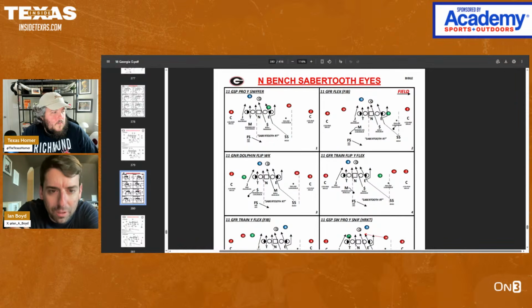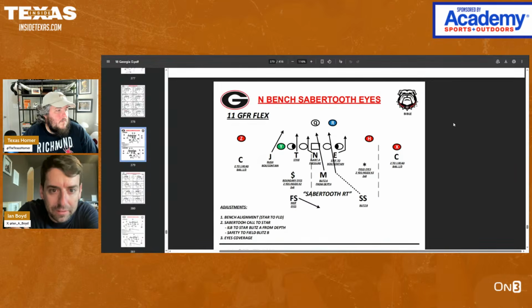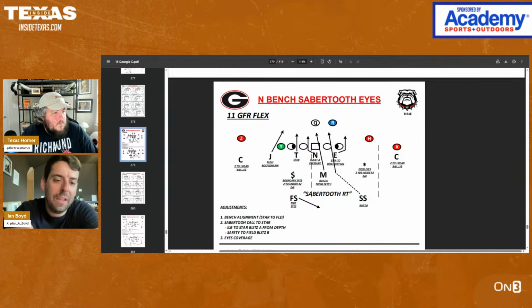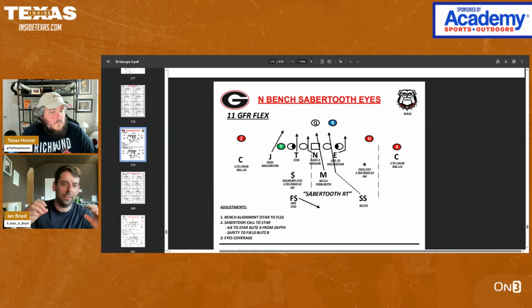But maybe scroll up to the previous page. I may have given you the wrong page. Yeah, this is a little better. 6 pass rushers. You got a deep safety in the middle. You got the corners bailing deep on either side. And then you have 2 defenders underneath who play the eyes of the quarterback. So they start like either hash mark or either hook, but they're not dropping to a particular zone. They're dropping to where the quarterback's eyes go,